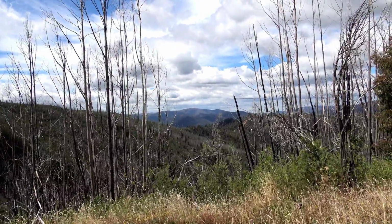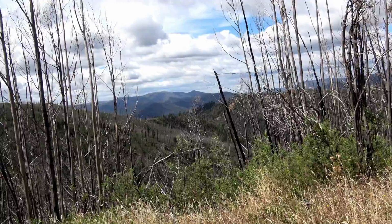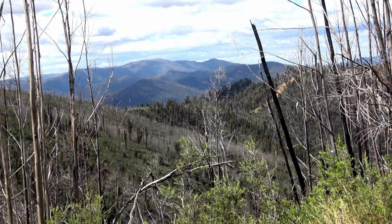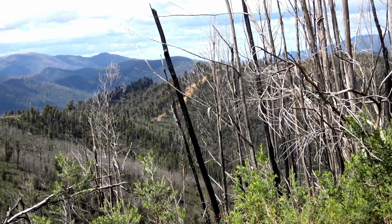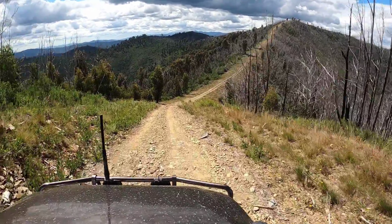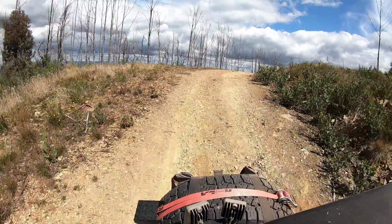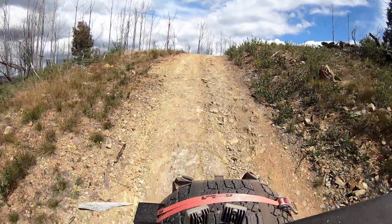Just after I finished filming this little bit here too, a guy that lives local in the area, one of the fireys that actually works up here, was up here on his day off on his motorbike. Now, I've been saying these tracks are not difficult. I would say they're not difficult in a car. When you've got four wheels on the ground, it's very stable. I don't think I would want to tackle stuff like this on a two-wheel motorcycle